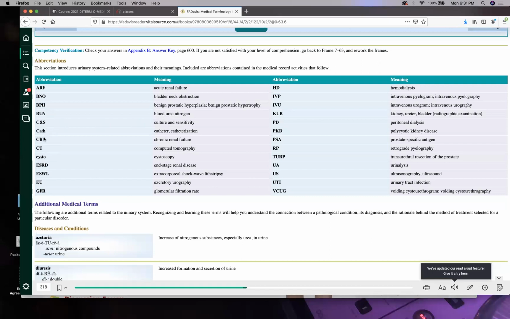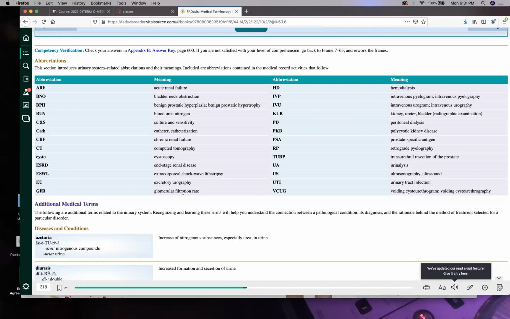Catheterization. We usually use the word cath as slang. CT, computed tomography. We already mentioned that. Cystoscopy, no one says cysto. ESRD, we always use that. End-stage renal disease. That means don't make any plans. You're done. There's nothing else we can do for you. We only have palliation. We're only going to try to make you feel better. Other than that, pray for a miracle, because you're done and doner.